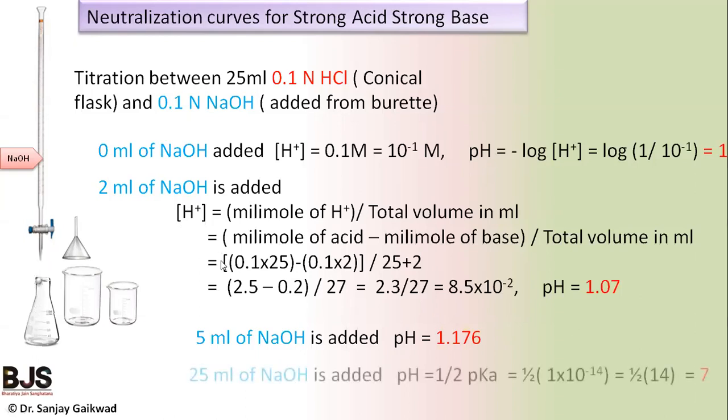Now when we add the next 20 ml of solution, that is exactly 25 ml of 0.1 normal NaOH solution, then what happens? This 25 ml of HCl solution interacts with the 25 ml of 0.1 normal NaOH, therefore it gives the complete reaction. No HCl solution remains, so it is a neutral solution. For this neutral solution, there is water and salt. The pH of the solution is calculated as half pKa, and pKa is related to the equilibrium constant of water, and therefore it equals exactly 7 pH. This is the neutral solution.